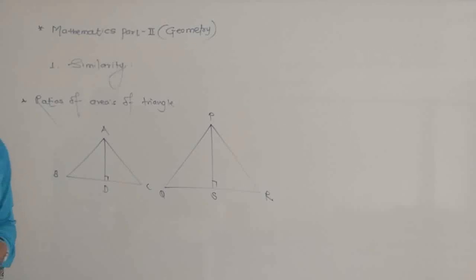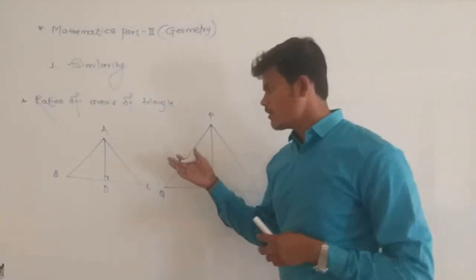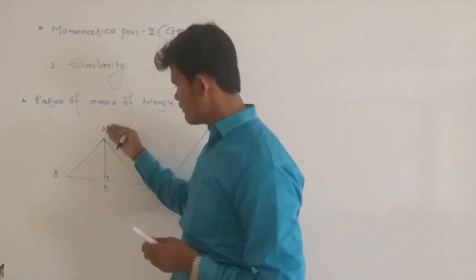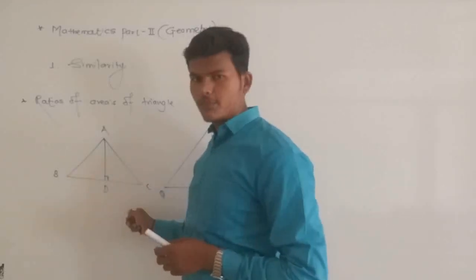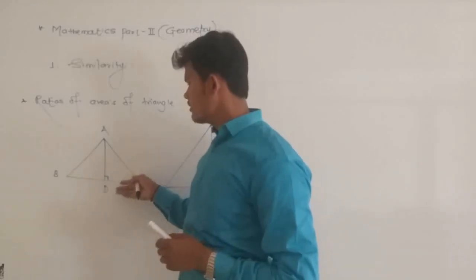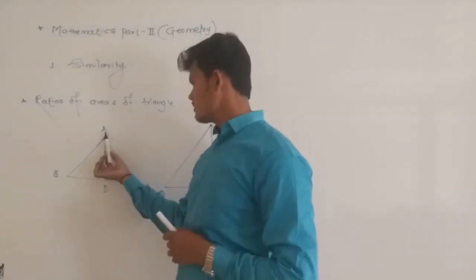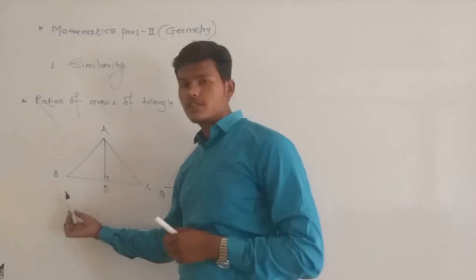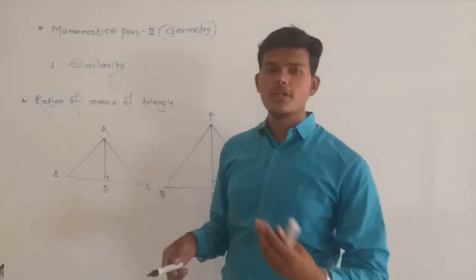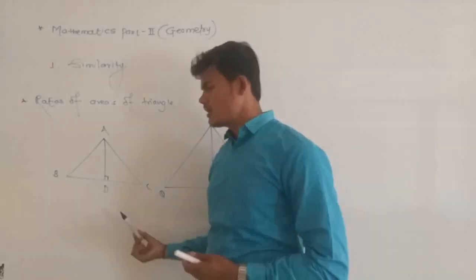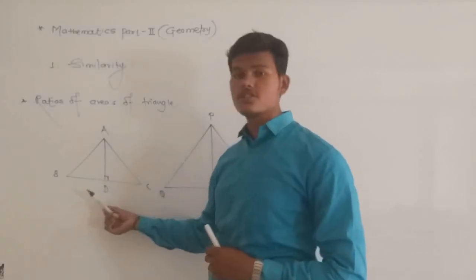Then which one is the base? How to decide the base? A perpendicular segment on which line? In the first figure ABC, AD is perpendicular to the segment BC. So here we are drawing a perpendicular line on segment BC. म्हणजेच in the first figure दिलेल्या फिगर मध्ये AD हा perpendicular कोणावरती आहे? On which line? On BC. म्हणजे perpendicular line ज्या सेगमेंट वरती आपण ड्रॉ करतो तो असतो आपला बेस. So in the first figure AD is the height and BC is the base.